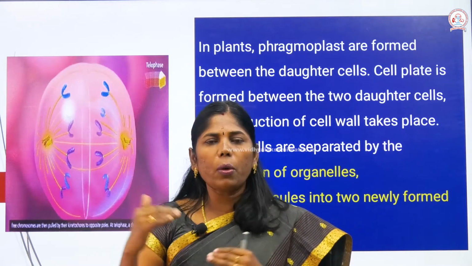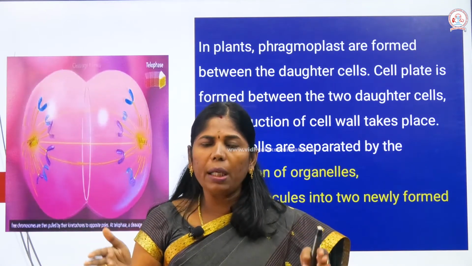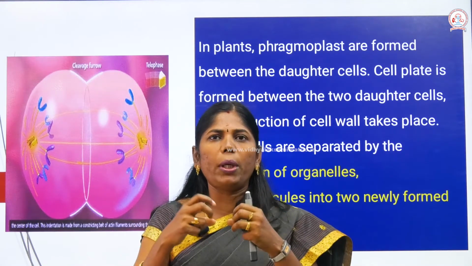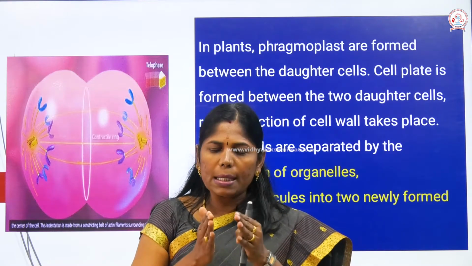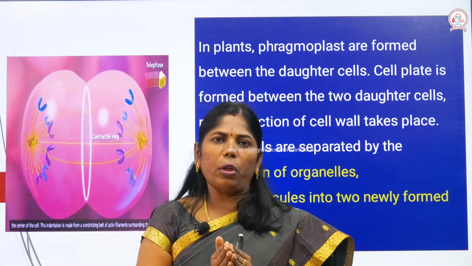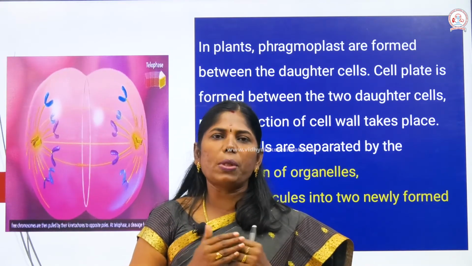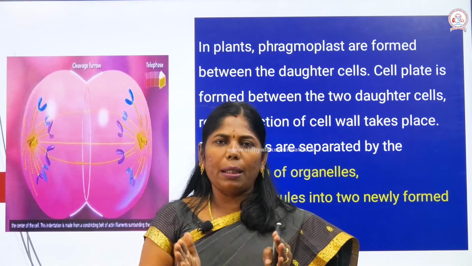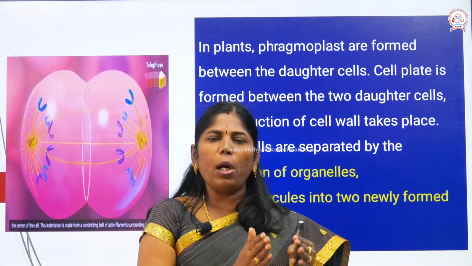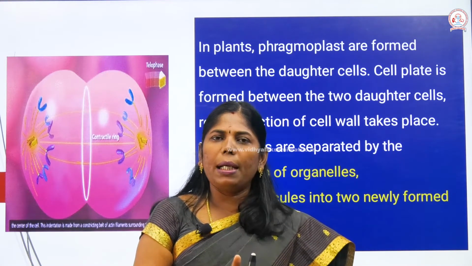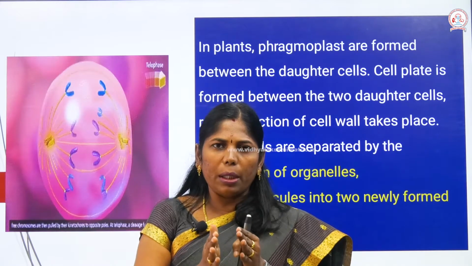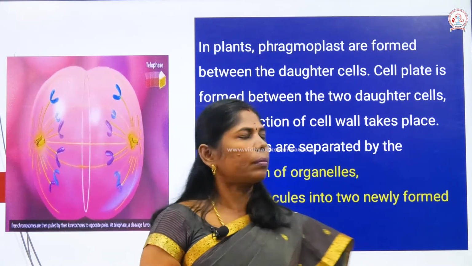But what about in animal cells? There it forms from the periphery to the center, which is a cell furrow. But the cell plate in plants forms from the center to the margin. Finally the middle lamella is formed between the two cells, and the two cells are separated. Each cell builds its cell wall and cell membrane, and once the middle lamella is formed, they separate.